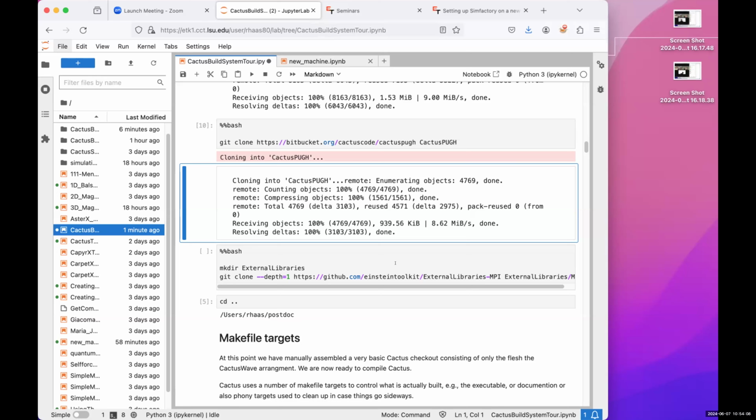It's kind of similar. I need a different arrangement, ExternalLibraries, and I need to clone the proper repository in there. Now this is no longer Cactus. This is part of the Einstein Toolkit. It has a more lengthy URL, and I'm cheating a little bit. I give the thing